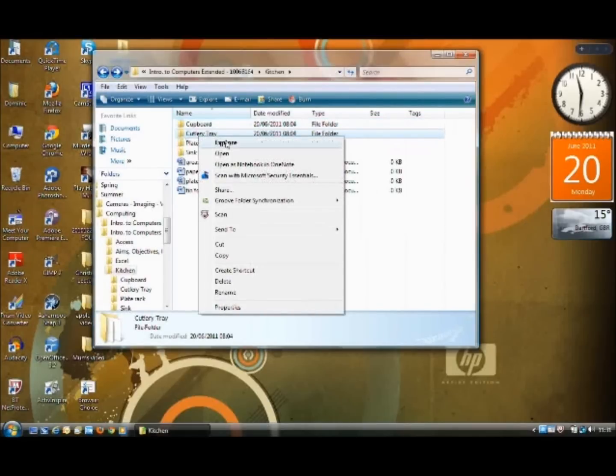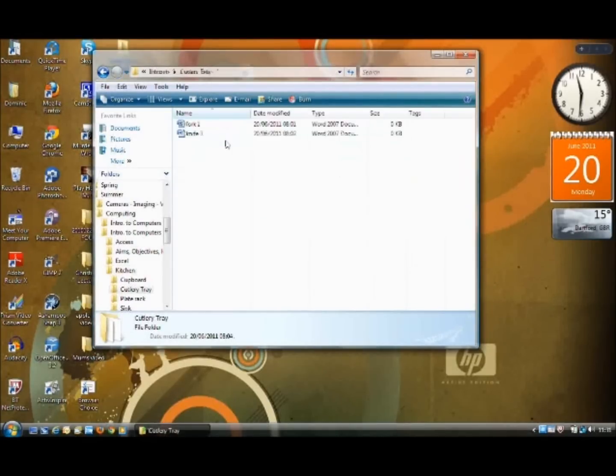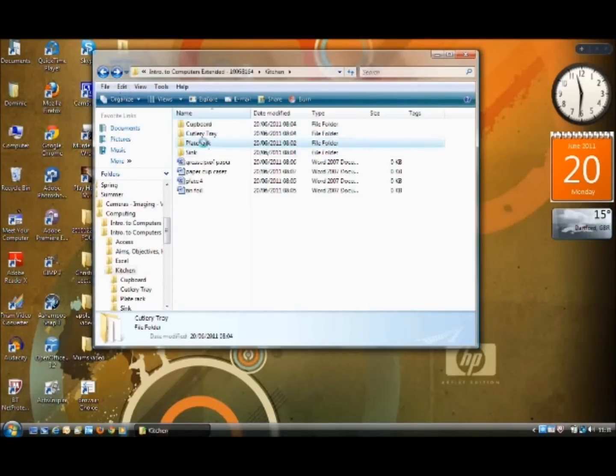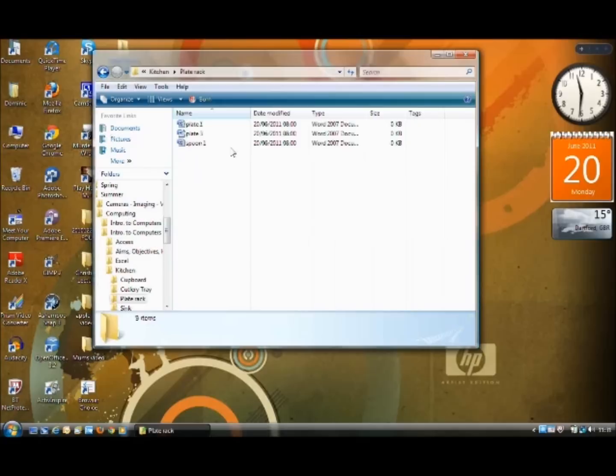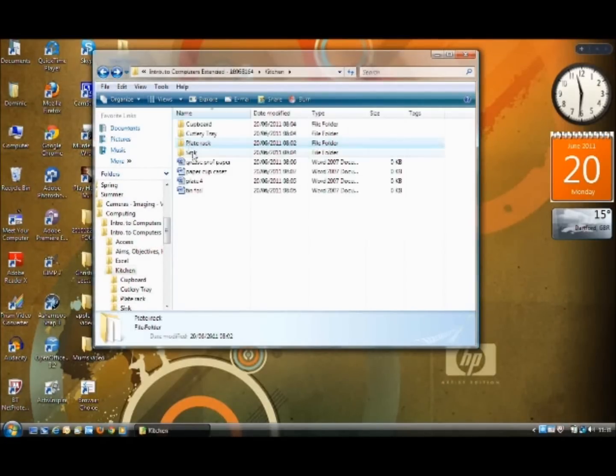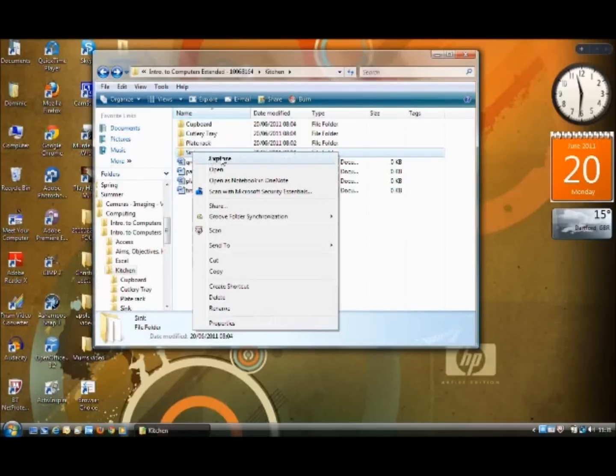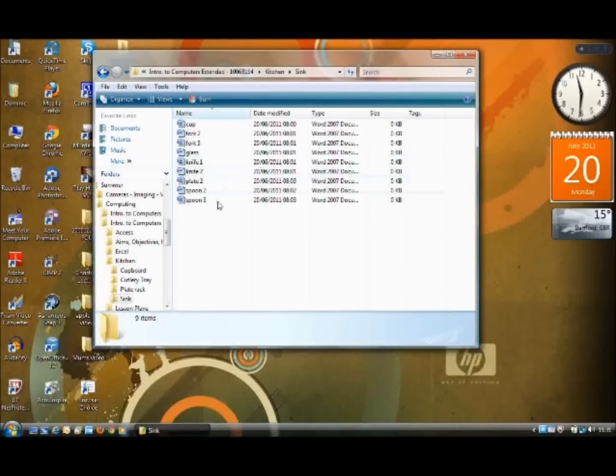And the cutlery tray, I have a fork and a knife. In the plate rack, I have 2 plates and a spoon for some bizarre reason. And then in the sink, I have quite a few things because I've not done the washing up recently. So, what we're going to explore now is how we can move